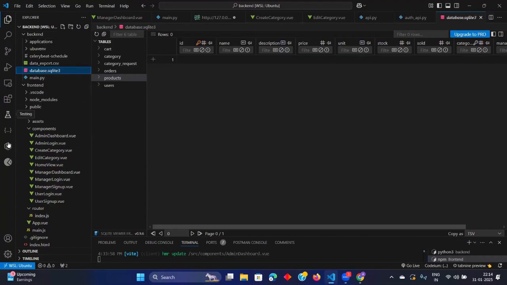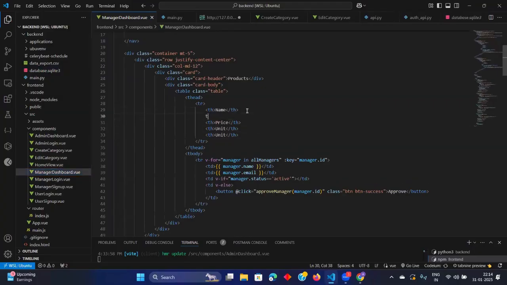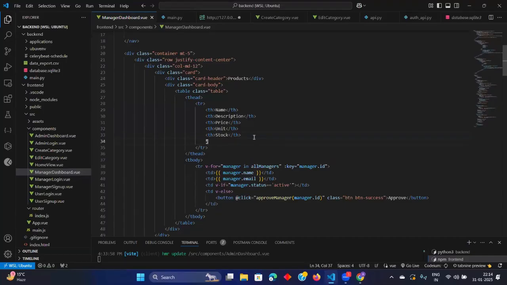Okay, so unit. Description, price, unit, stock, and sold.